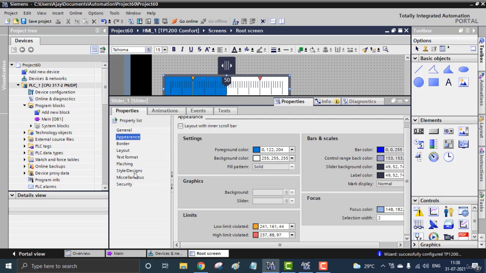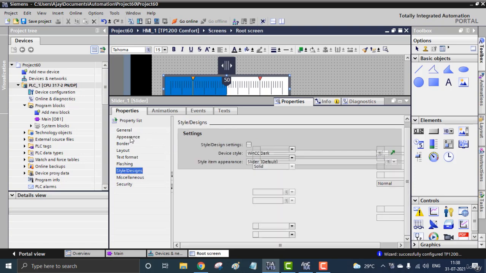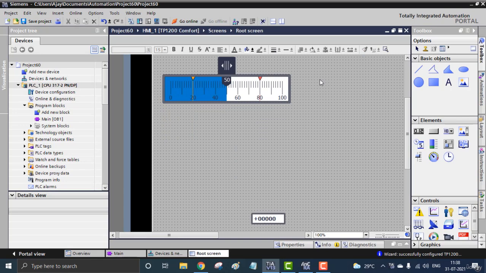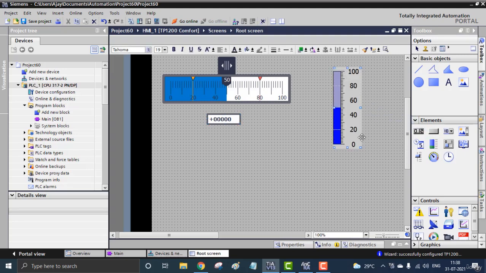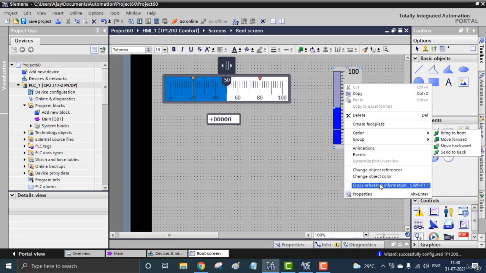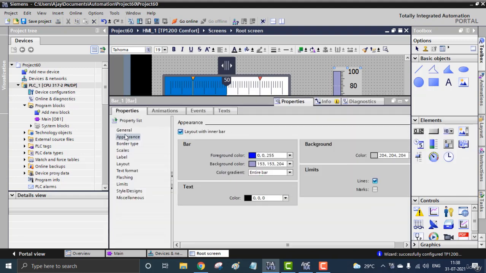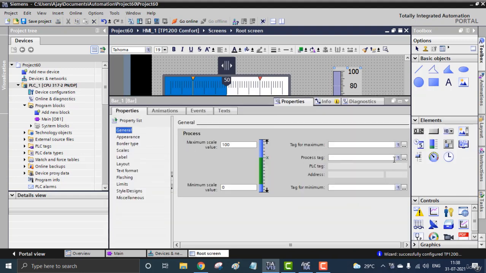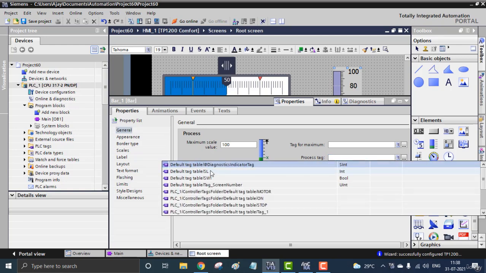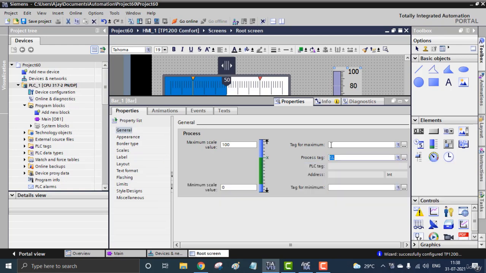Okay, the colors, and I can show you one more thing, some more elements that can show the process value, analog process value. That is one thing, is the bar right here. That's the bar graph. That bar graph, we can use it as a filling element. If you right click on the bar graph, you can see on the general, I just provided the process tag, the same process tag that I have given to the IO field, the SL. When the slider is moving, this bar graph should be also activated.